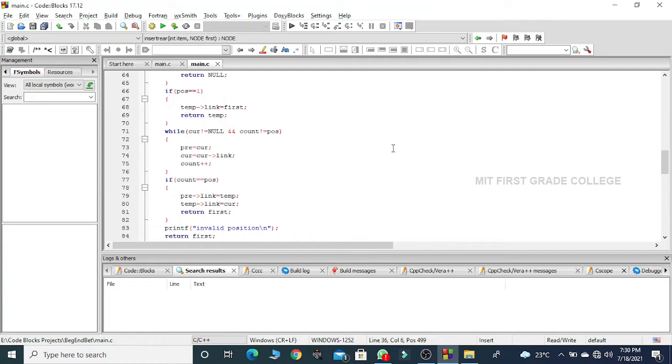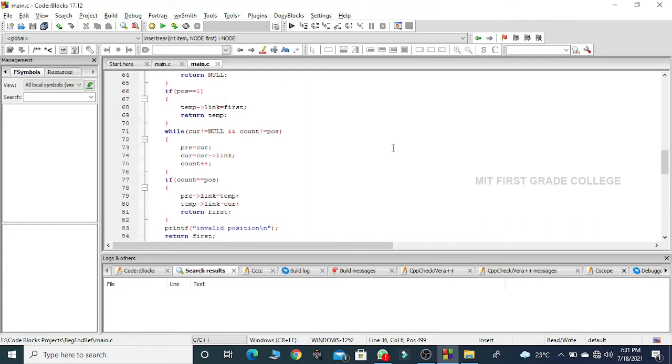To the link part of that node, I'll be assigning the address of the first node inside my linked list, and I return temp. Now the temp, which is holding the address of the newly created node, will be assigned to the first pointer in the place where I am calling this function. Thus making the first pointer hold the address of the first node inside my linked list.